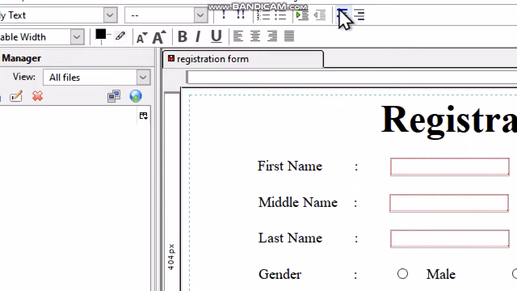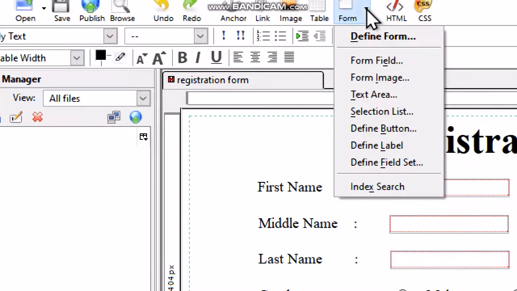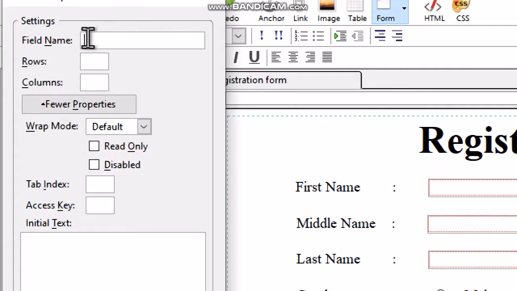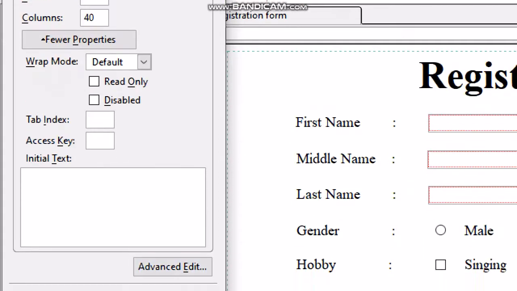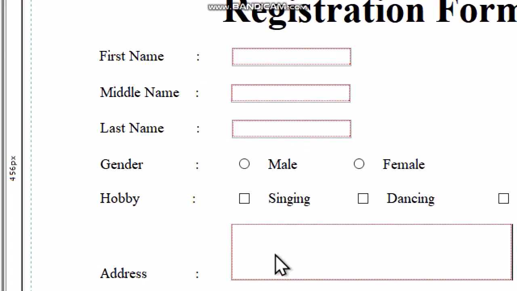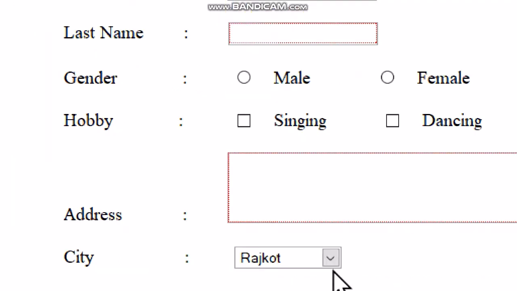Again go to form, text area. Field name is address. Rows are 3. Columns are 40. Click OK. So here in the address field, the initial text stating enter text here is removed.